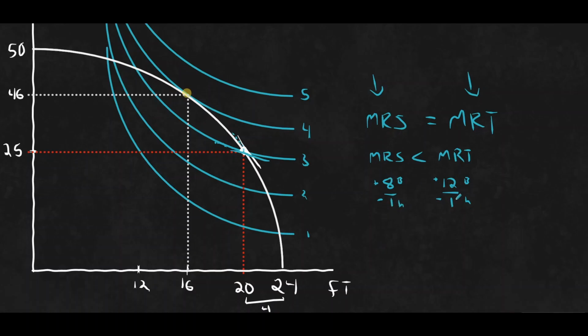She's capable of giving up an hour to get 12. Well, hey, in this case here, she is 4 bushels of wheat better off than what she was willing. So what should she do? She should give up hours of free time and move that way. By doing so, she's capable of getting to higher levels of indifference curves, and as a result of that, moves from this point here on indifference curve 3 towards that point there on indifference curve 4.